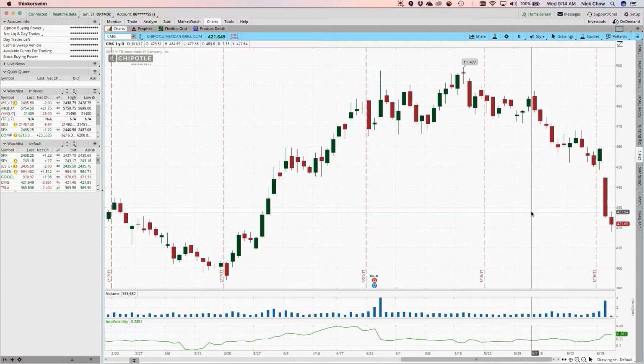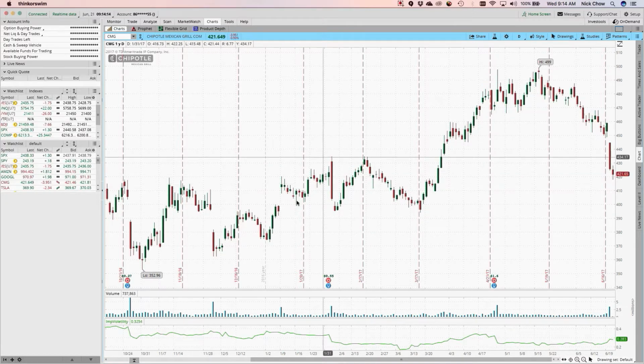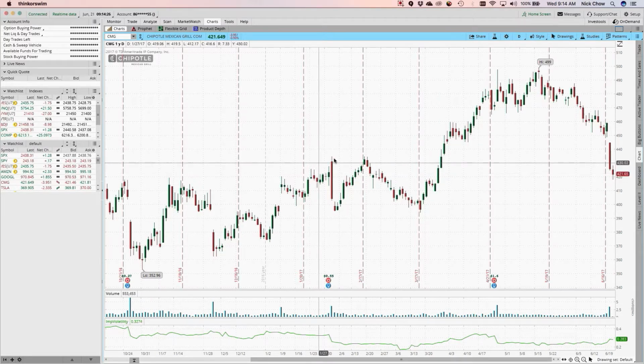One could just be a stock sitting at a certain price for a long time. If you were looking here, if this stock was just kind of operating in a range as it did here, eventually it bounced up. So you could say, okay, every time it got to 430, it bounced down. So you could short calls at 430. Eventually it did break through here, but for the foreseeable future, it hit 430 here, hit